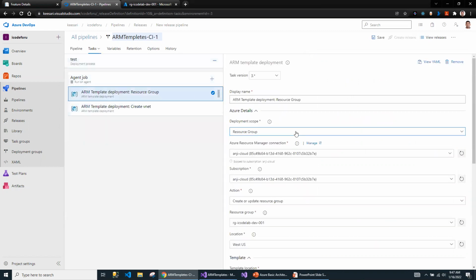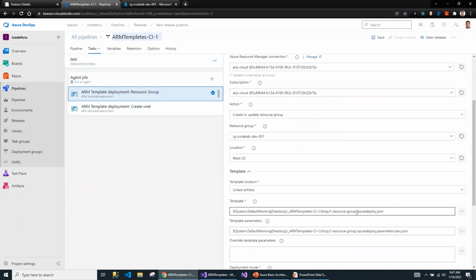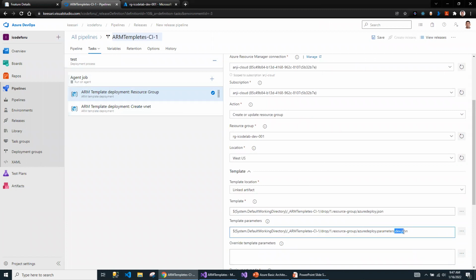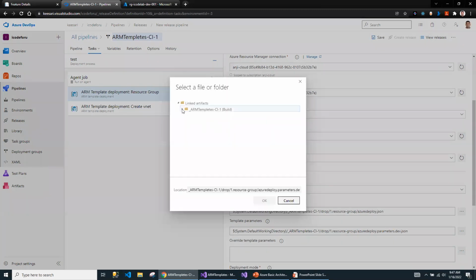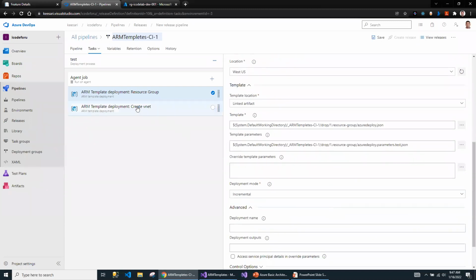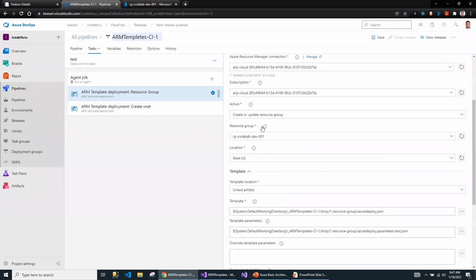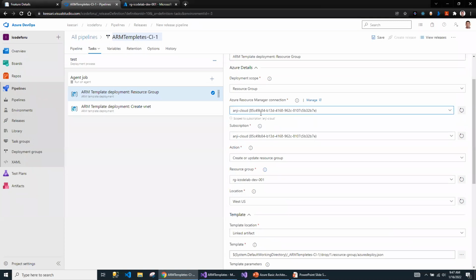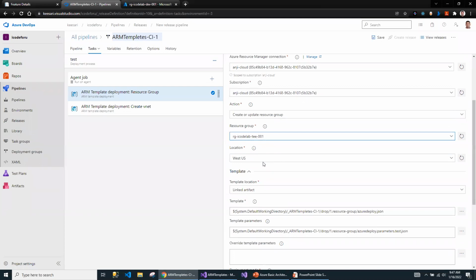So these are the stage tasks. Since I cloned, it is a copy of the dev tasks. But if you go to the parameter file, this should be the test. So what you have to do is under the resource groups, you can select from the test. So same thing for the VNet. Rest of the tasks here are pretty much the same. I want to deploy to the same resource group. So in your real scenario, you might need to select a different subscription, and you might need, oh, sorry, I forgot. So this should be test resource group.